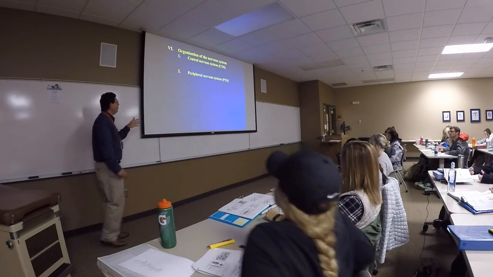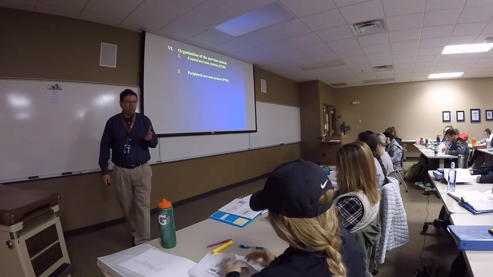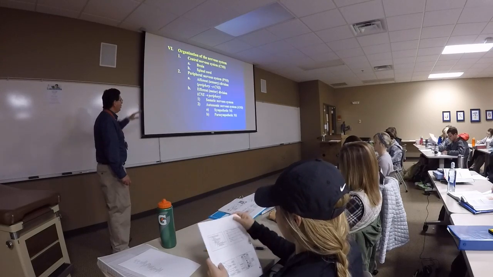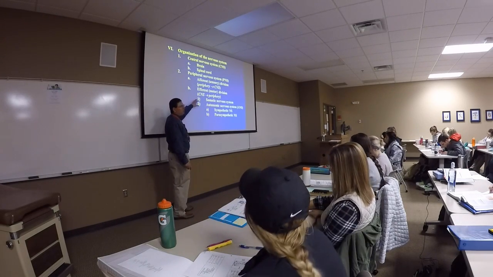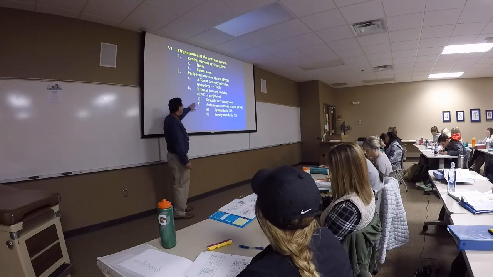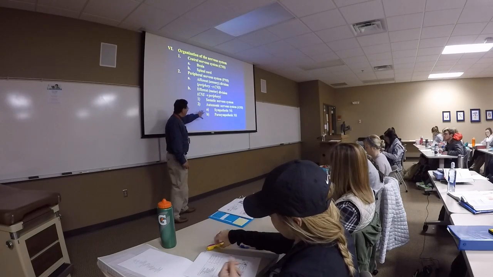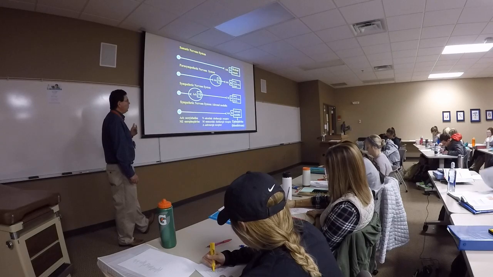Now, for just a couple minutes, I want to introduce the idea of the autonomic nervous system and go back to what we saw before. The autonomic nervous system is actually part of the efferent division of the peripheral nervous system. And the autonomic nervous system, this is a diagram that I hope you